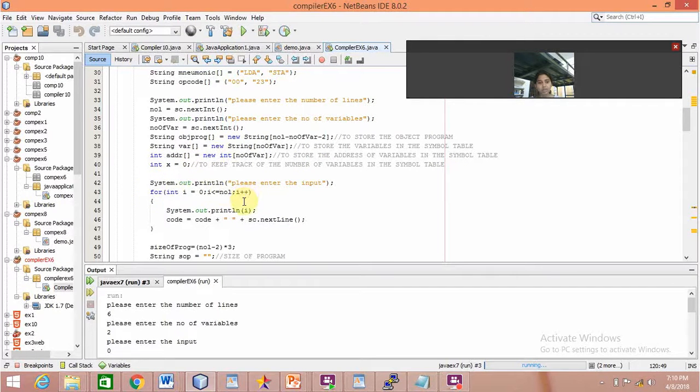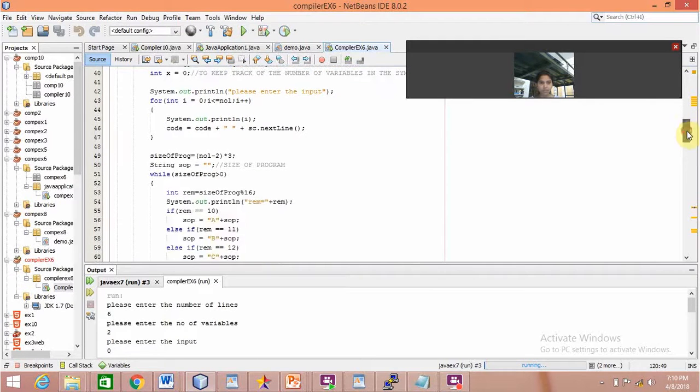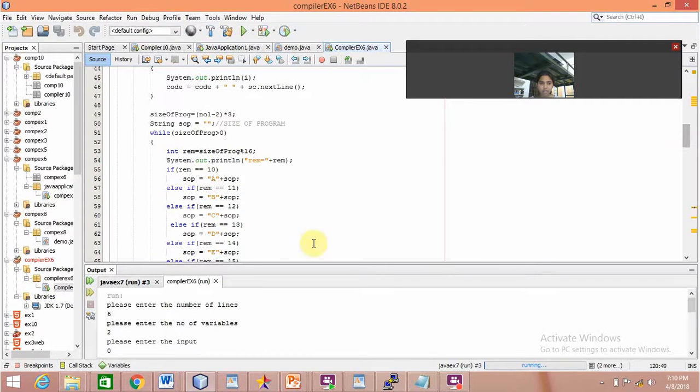And here I am asking the user to enter the input, and it will generate. To see the size of the program, number of lines minus 2 into 3 will be done, and the size of program will be obtained. If size of program is greater than 0, this code will be done: that is, remainder is equal to 12 means C will get printed, and if it is A and D and D and E is the end of the record,